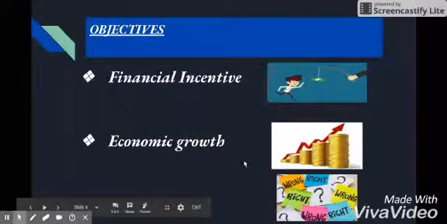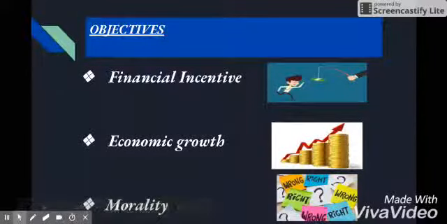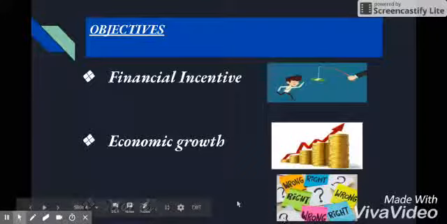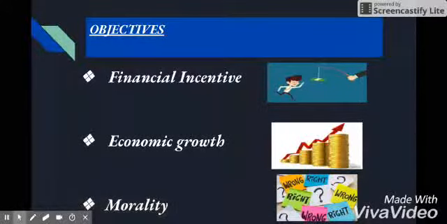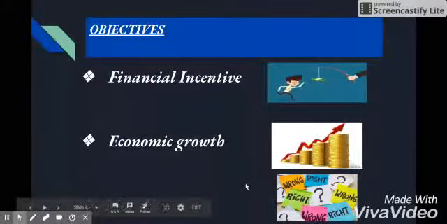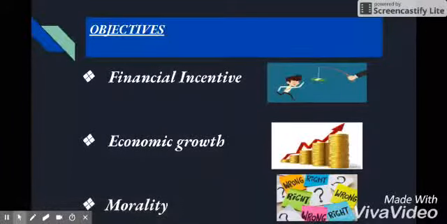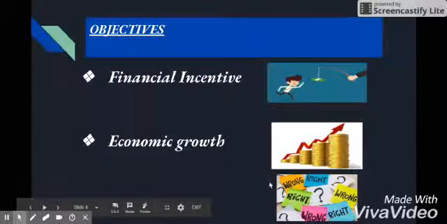The third thing is the morality. According to Article 27 of the Universal Declaration of Human Rights, everyone has a right to the protection of the moral and material interests resulting from any scientific, literary, or artistic production of which he is the author. Although the relationship between intellectual property and human rights is a complex one, there are moral arguments for intellectual property.